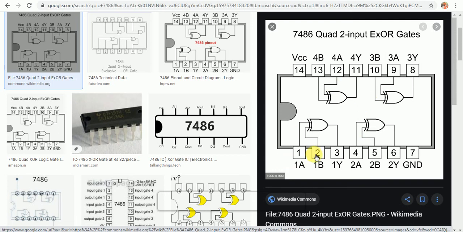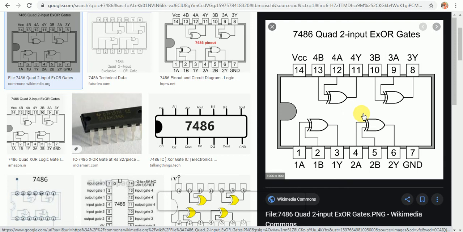Pin number 1 and 2 are connected as input to the first XOR gate, whereas pin number 3 is connected as the output of the first XOR gate. Similarly for the second, third and fourth XOR gates. It is mandatory to connect pin number 14 to plus 5 volt and pin number 7 to 0 volt. This is the pin configuration for IC 7486.